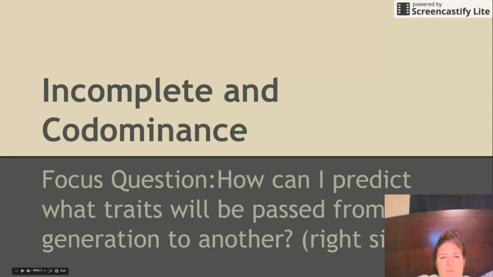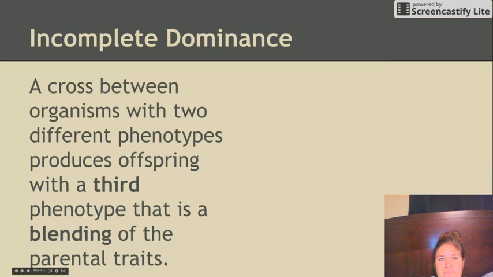So today we're going to talk about incomplete and codominance when we're relating that to genetics. So our focus question, once again, is how can I predict what traits will be passed from one generation to another? So when we talk about incomplete dominance, we're talking about a cross between organisms with two different phenotypes, which we know as the physical appearance, that produces offspring with a third phenotype that is a blending of the parental